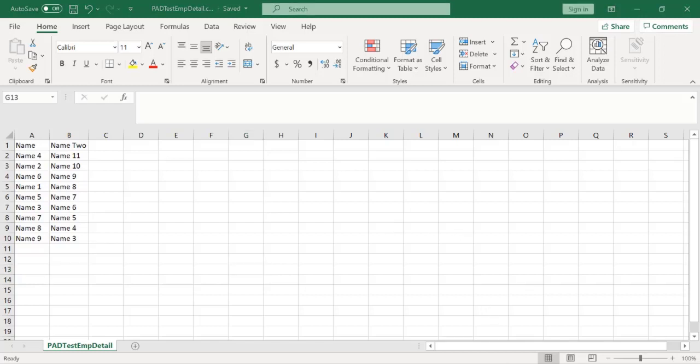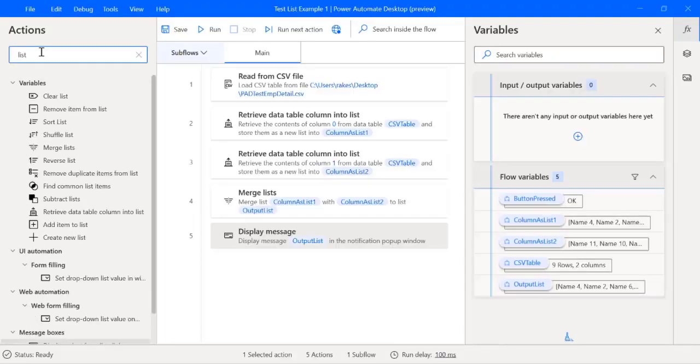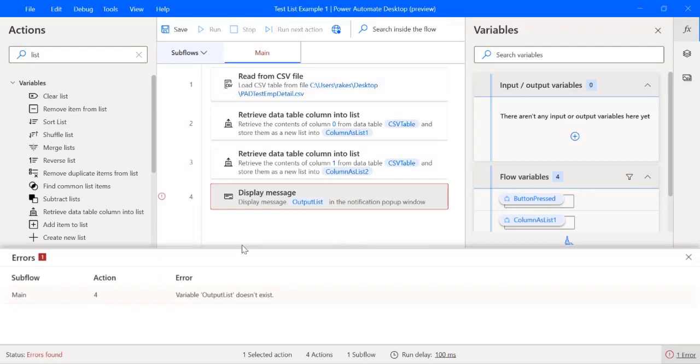Now let's see the other option, which is the reverse list. For a moment I will just delete this. Of course this error will come because the output list variable no longer exists, so it's okay. We have already seen merge list, now it's time to see the reverse list.